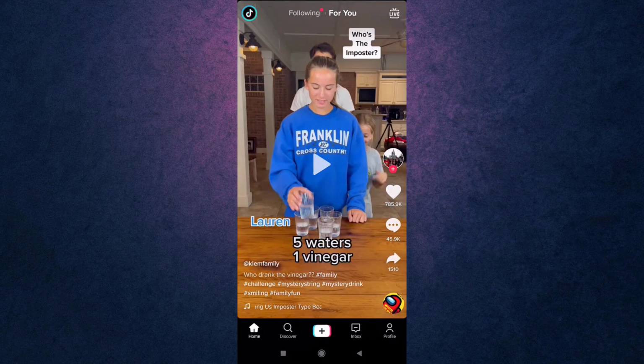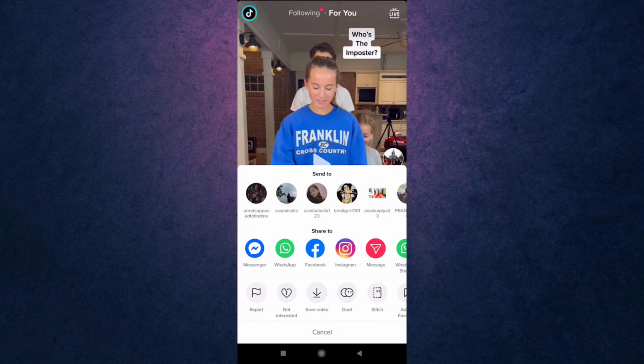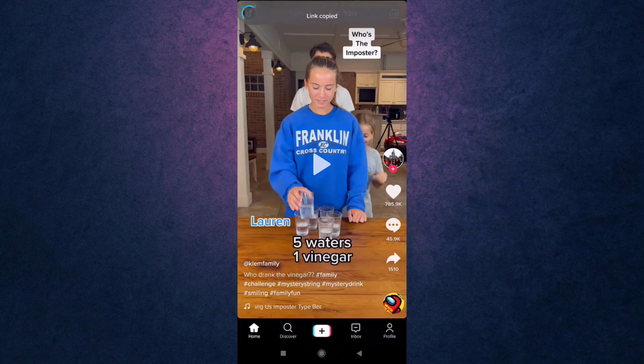Then on your right hand side there you'll see a share icon, tap on it. Under share to, there you'll see various apps. Scroll from right to left and there you'll see the option of copy link. Tap on it. Now that you have copied the link of the video that you want to download without watermark,